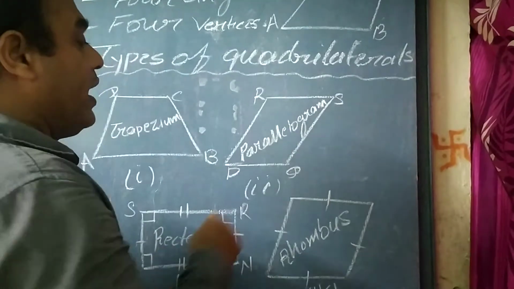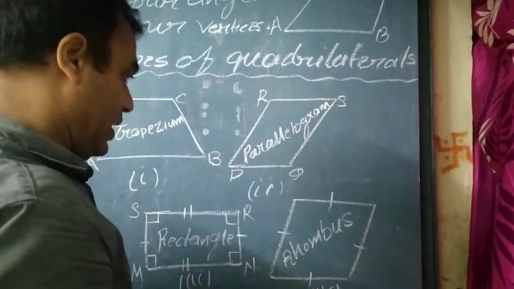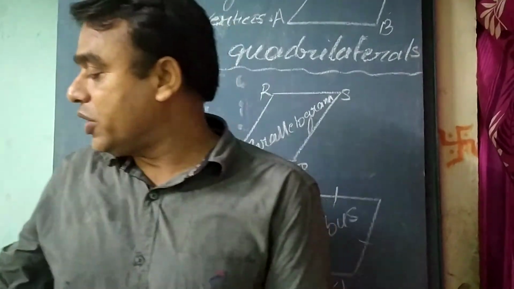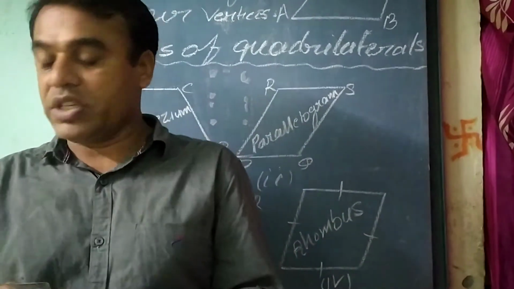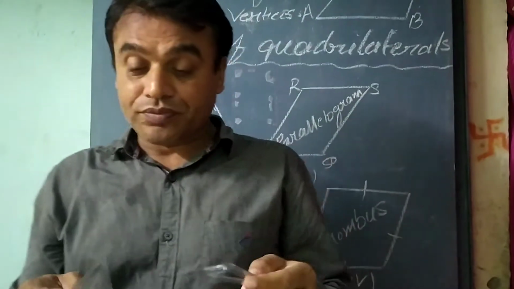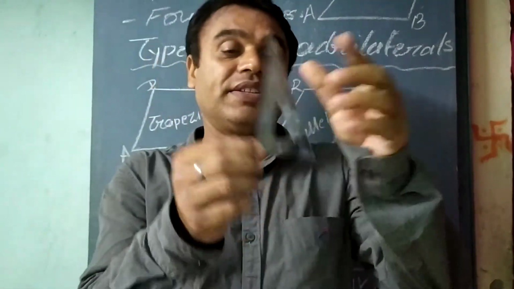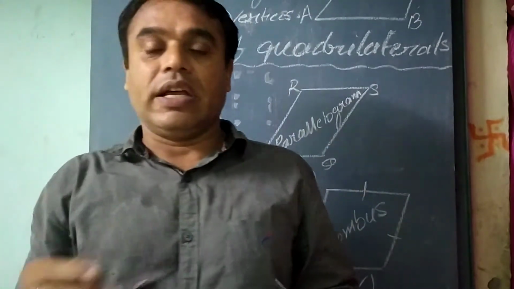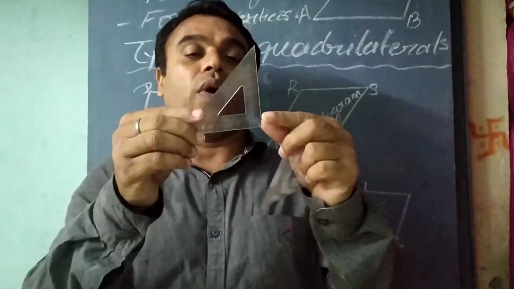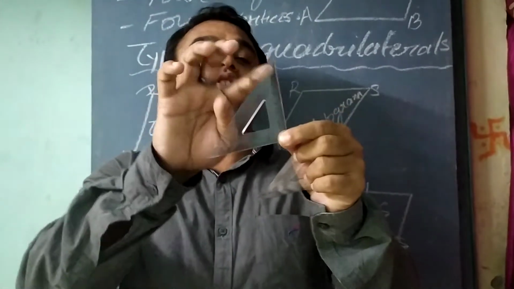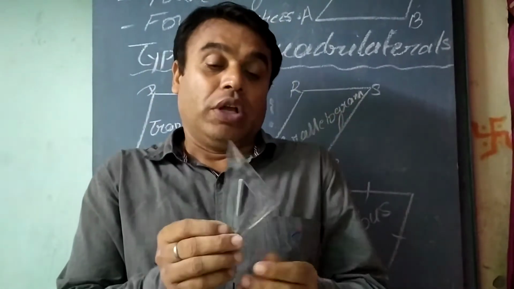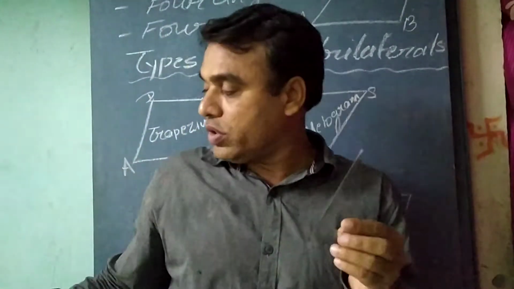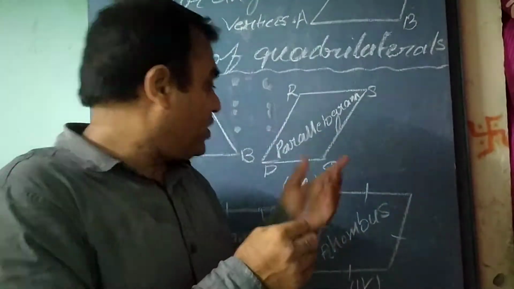So we will see the angles of the parallelograms, and here it is a rectangle. We have got two set squares, you can see here two set squares are there. In one set square the angles are 90 degree, 60 degree and 30 degree. And the second set square has angles 90 degree, 45 degree and 45 degree. So we have got two types of set square in our instrument box. On the basis of these two set squares, we are going to deal with these figures.